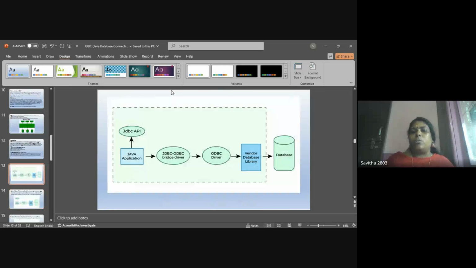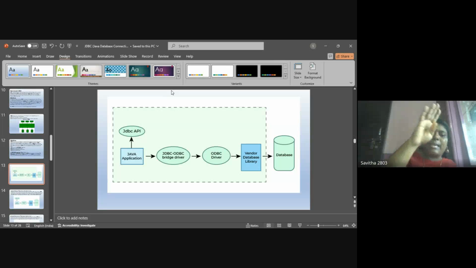Okay, so here the JDBC API will connect the Java application, and through the JDBC-ODBC driver we connect the JDBC driver, and the driver manager class object will connect to the database library, the library packages or Java database features, and to the database.